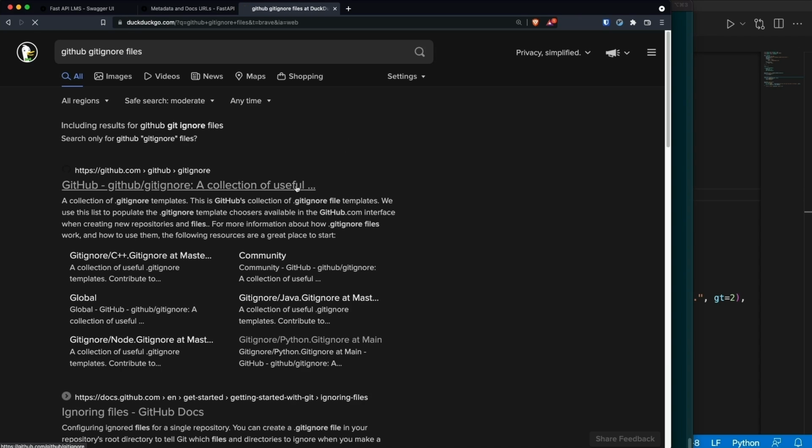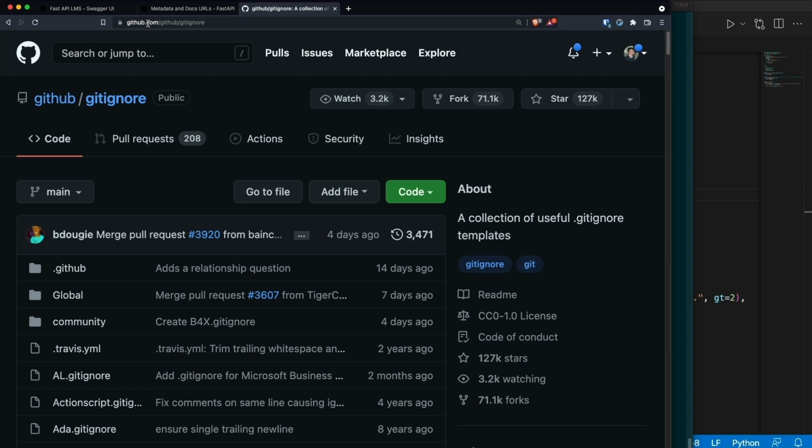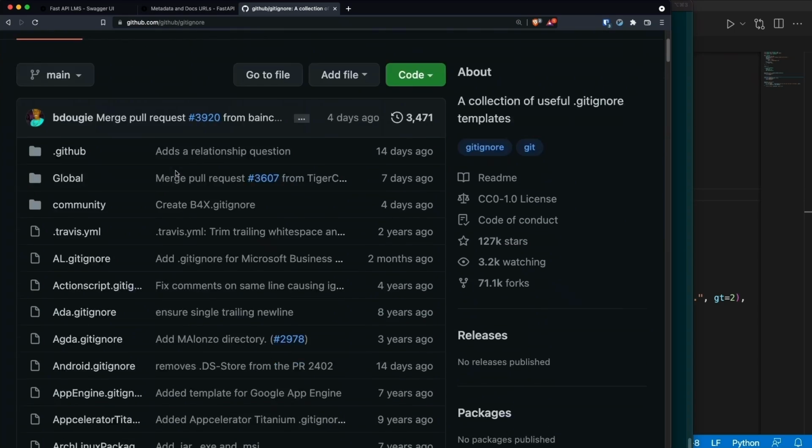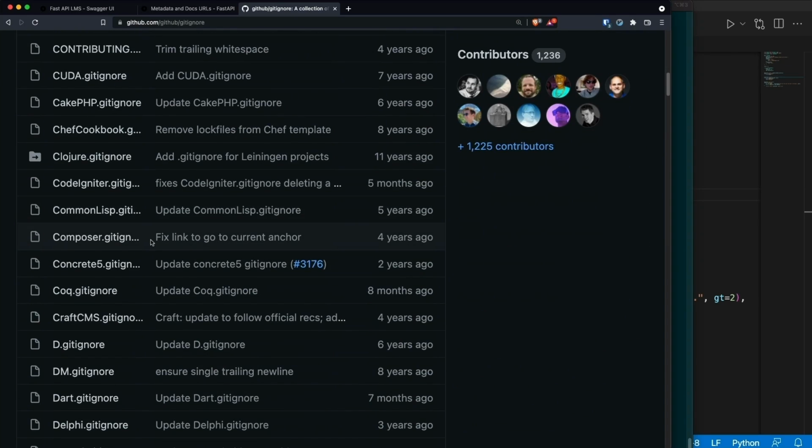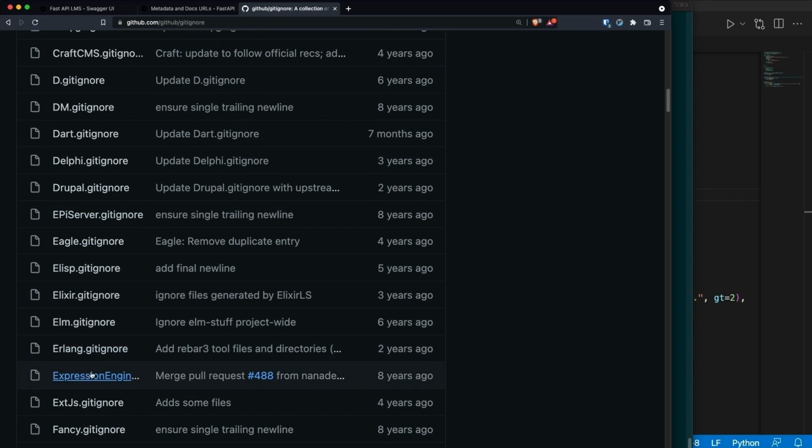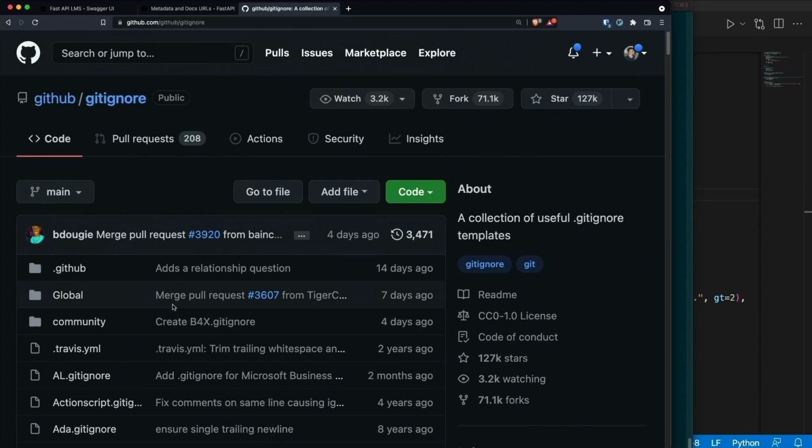In a repo at github.com/github/gitignore, you can actually go through all of these. There's one for Python and so many different things. They're pretty good, up to date, but what I usually do is go to